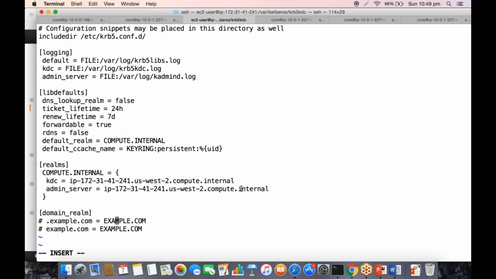Now here we are going to change example.com again, and this example.com should be replaced by compute.internal in small. And this has to be in caps.